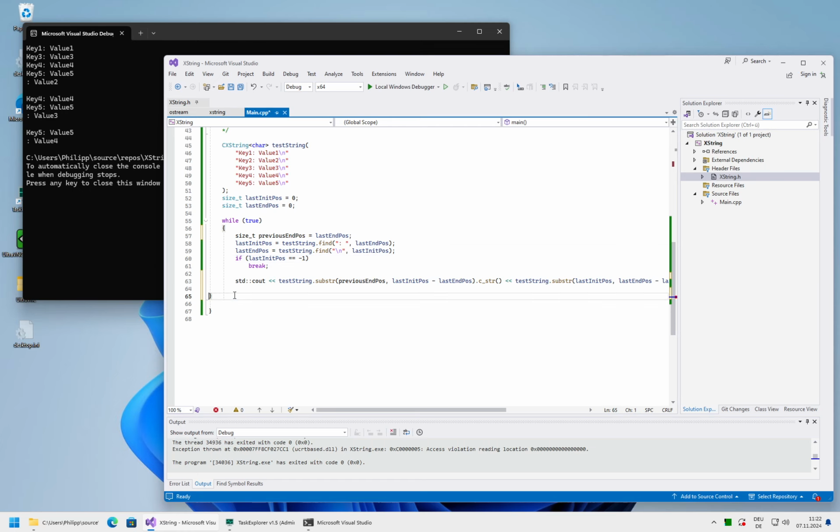I mean, we can just check. It seems the find is not, in some scenarios, doing what it should, although we have a check here, length.